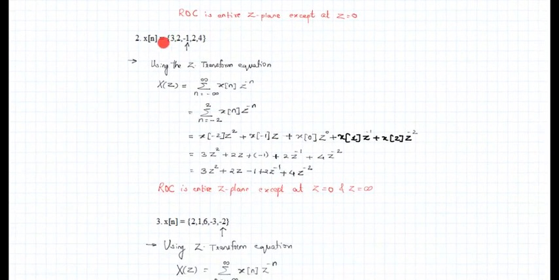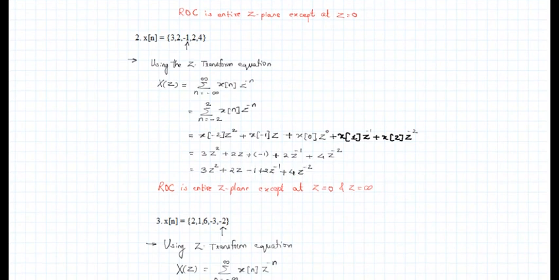In the second example, we observed that the given sequence is a two-sided sequence. So it has samples on the right-hand side, also on the left-hand side. So if your sequence is a two-sided sequence, your Z transform comprises Z elements with both positive as well as negative powers of Z. Going in a reverse way, if you observe that your given Z transform has both positive as well as negative powers of Z, how would you interpret that your given sequence must be a two-sided sequence?